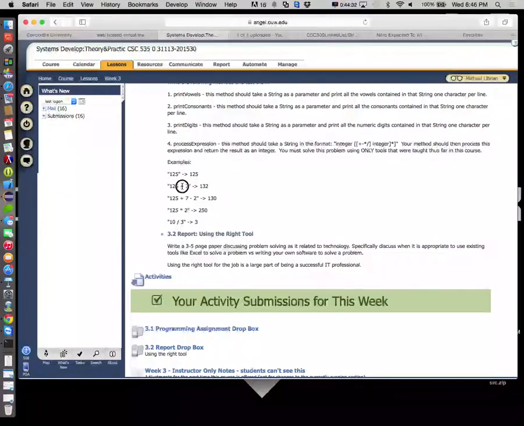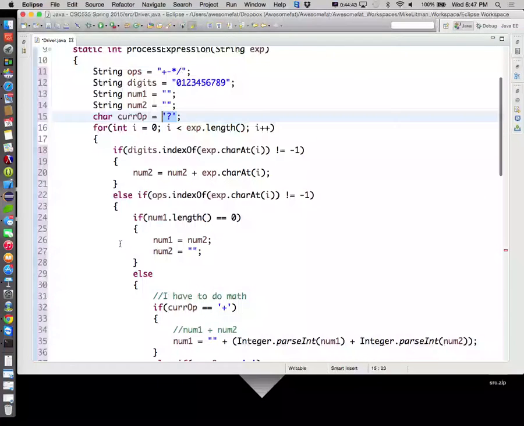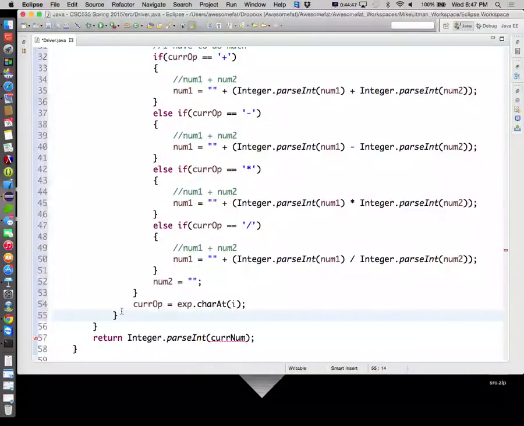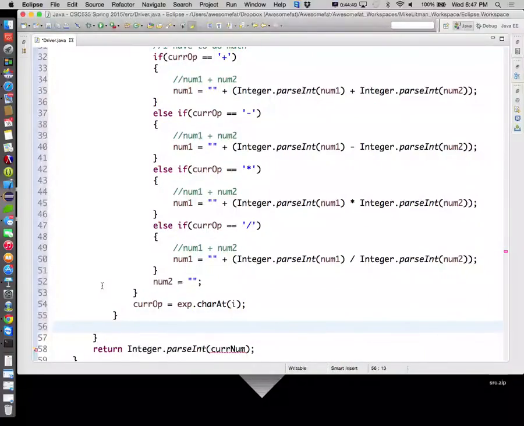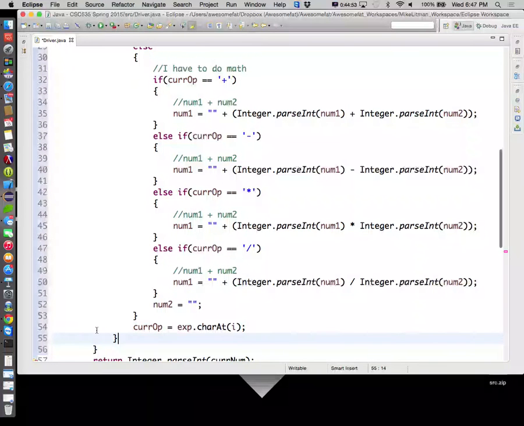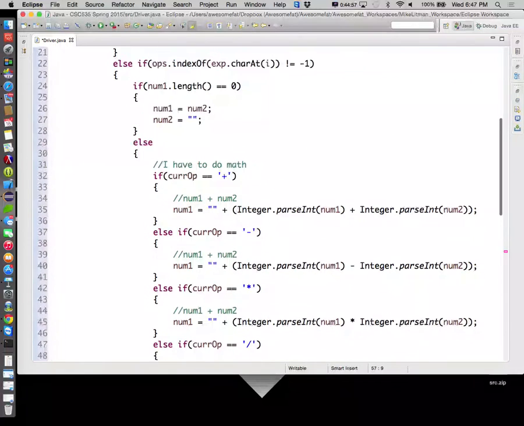Well, corrupt has something in it. Does that make sense? Corrupt still has something in it. If I'm exiting right here, this is the for loop. For loop ends right here. So that's the else. For loop ends right here. So if I'm down here,